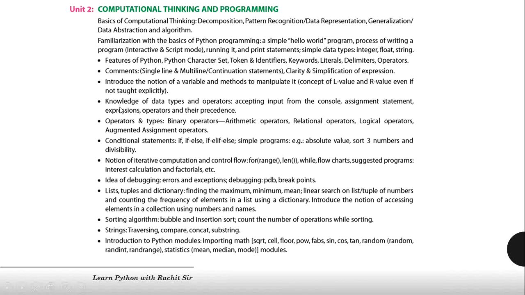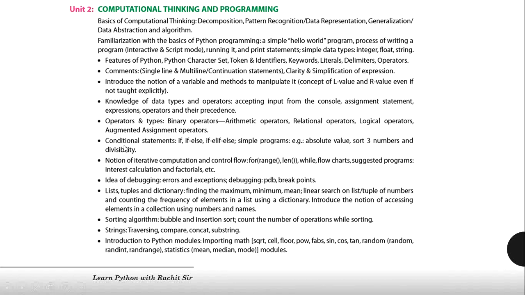Next, knowledge of data types and operators, in which you will study accepting input from the console, assignment statements, expressions, operators and their precedence. Next chapter, operators and types, in which you will study binary operator, arithmetic operator, relational operator, logical operators and assignment operators.